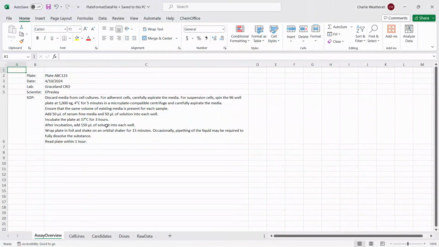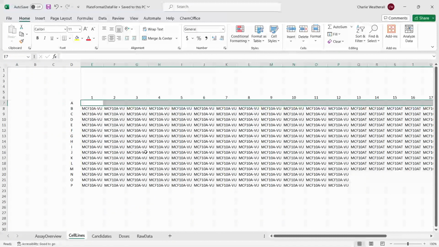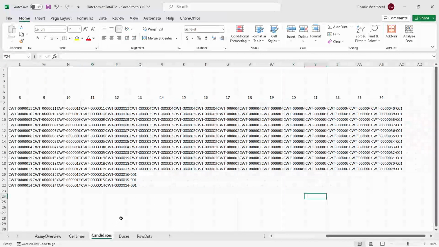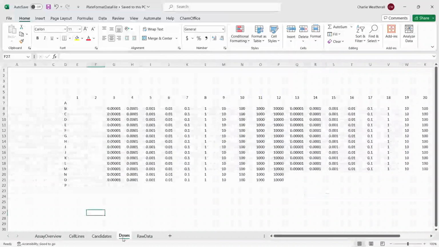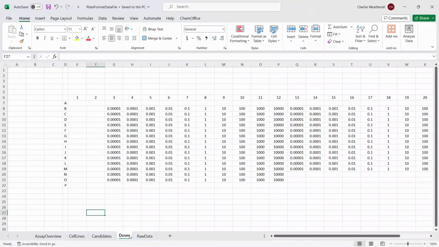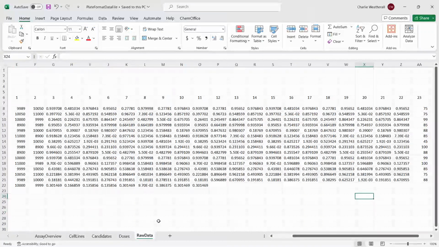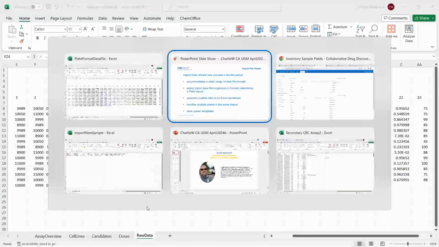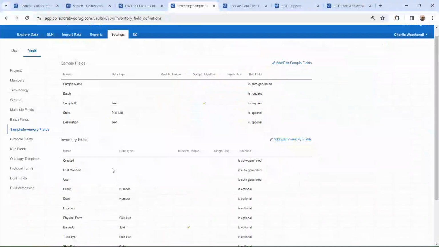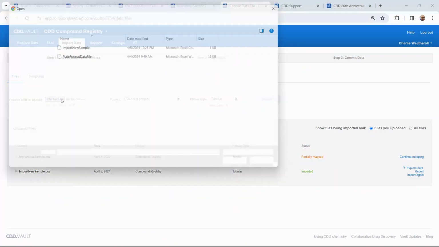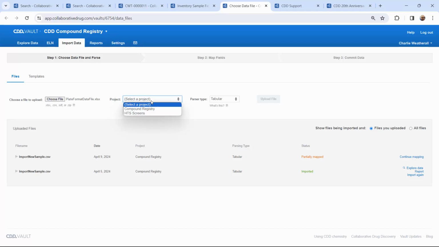So if I have a data file coming off an instrument or that my lovely, wonderful CROs or partners have given to me, maybe it has different tabs. It's an Excel file. They've had a plate here with my cell lines, which cell lines are in each well, which of my molecules or batches or samples are there, what are the concentrations if this was a dose response study, and then raw data measurements. So all of these are in different tabs or in the same tab and plate blocks and what have you. You may absolutely now go through the import with that, choose the file, put it in a project,